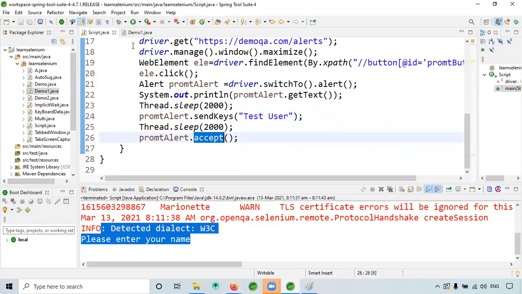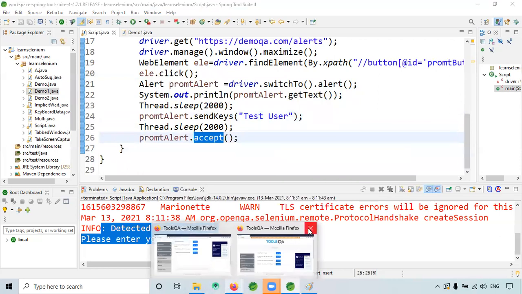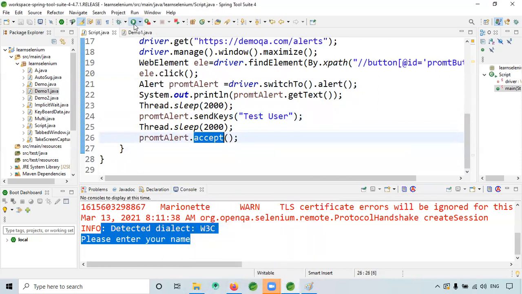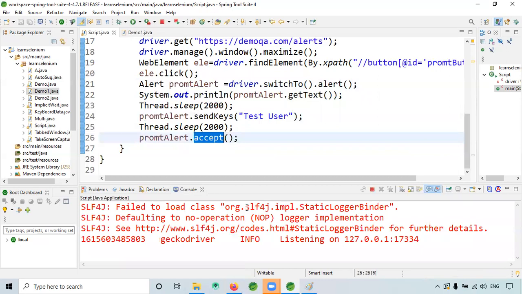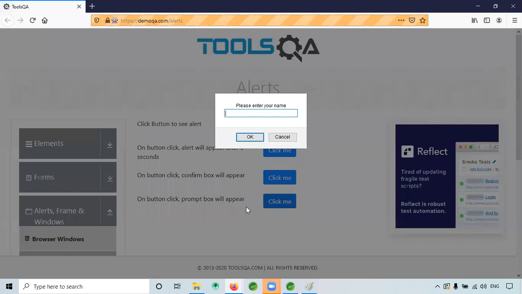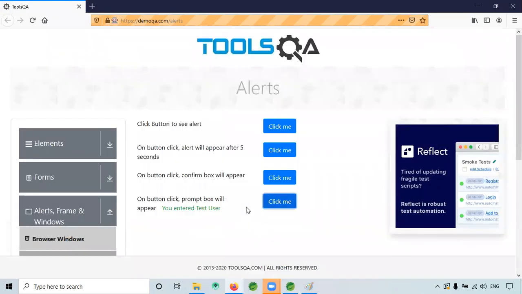Now when I run this program, let's see how it will work. See, I clicked, test user, yes, I clicked OK.